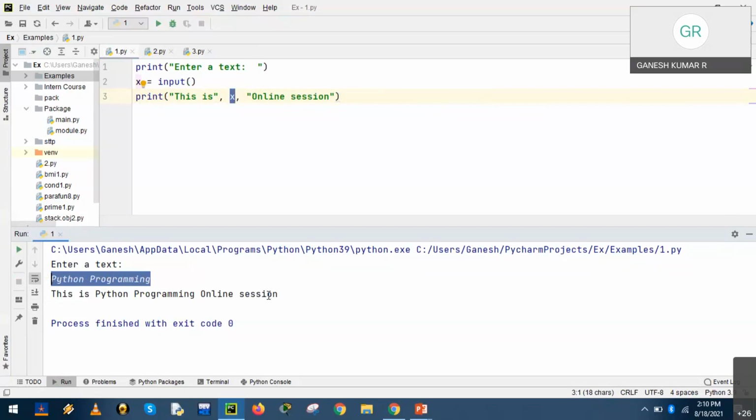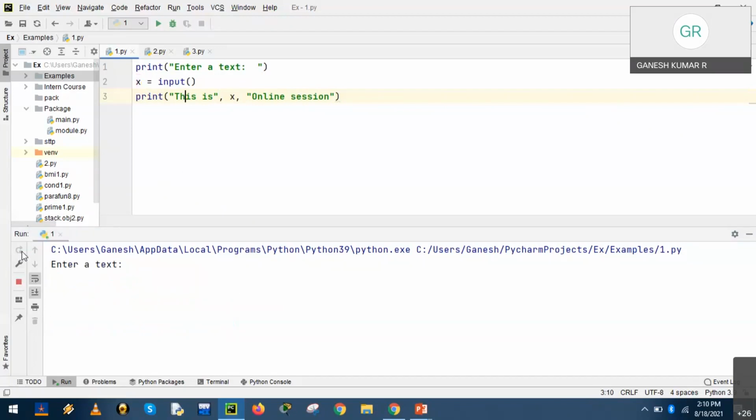So on execution, the program prompts the user. Okay, run it again. The program now prompts the user to input some data from the console, isn't it? It is open in the console, and the program prompts the user to input some data from the console. So we are inputting it.